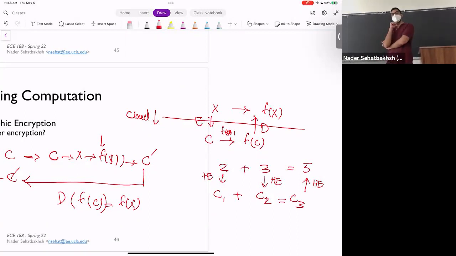Could another way be to just train the model on the encrypted data itself? Is that possible? What would happen if you train a model on the encrypted data? Yeah, could the user just encrypt the data and then give that as its data set and just train the server model